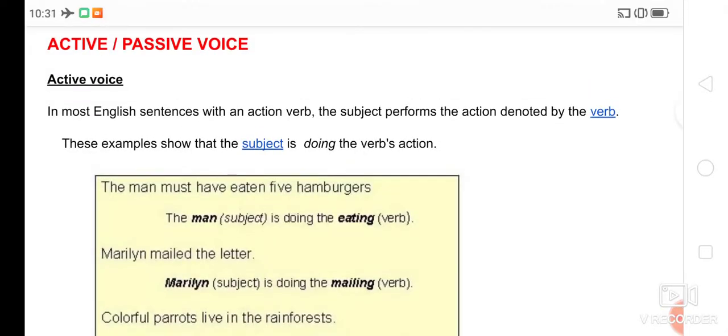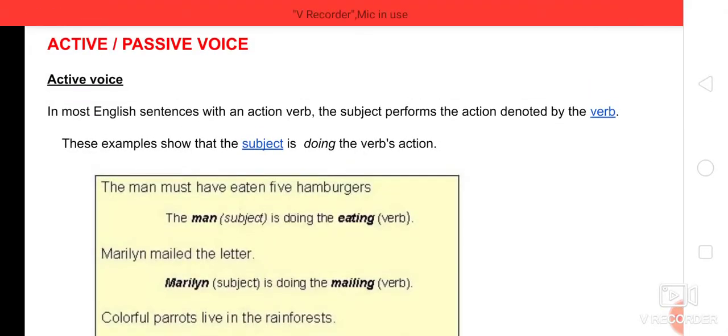Hello everyone. Today's session is all about passive and active voices. In the last session we had already seen different types of verbs, different forms of verbs, and tense forms of verbs. Depending upon that knowledge, this will definitely help you to understand what active and passive voices are. Okay? So let us go for it.